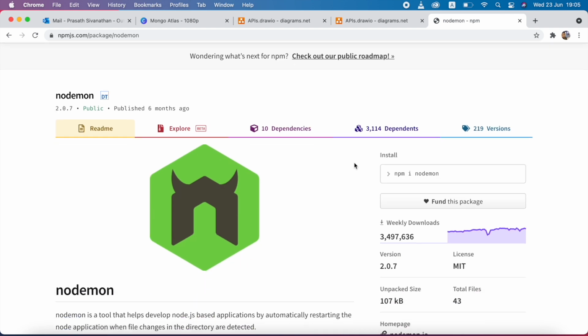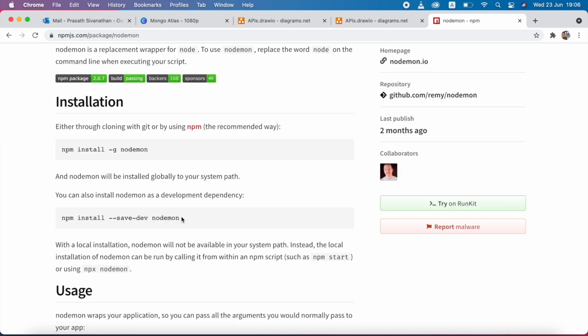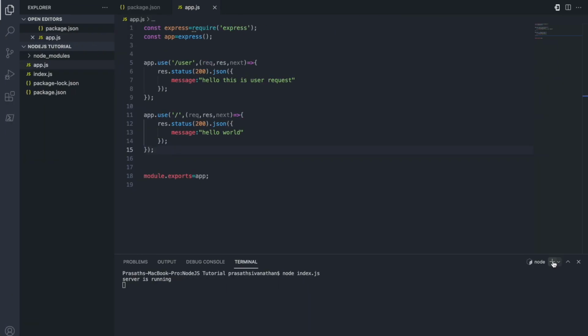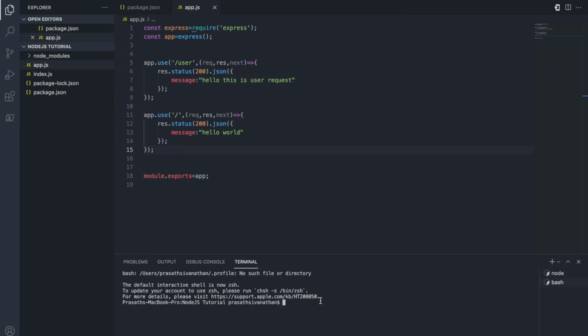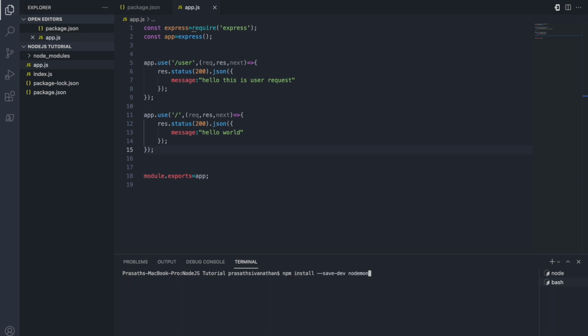This is the official documentation for nodemon. You can see nodemon is a development dependency. That's why we add the dev flag. What is a development dependency? If you are using a development dependency, when you run your application in production, you no need to keep the dependency. It's only helpful when you are developing the application. I copy this one, open a new terminal, clear it,